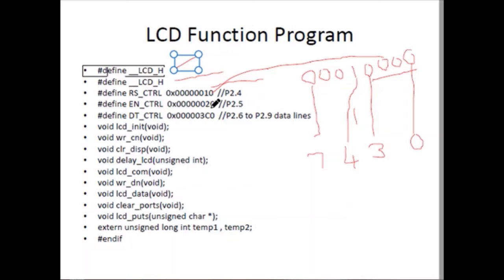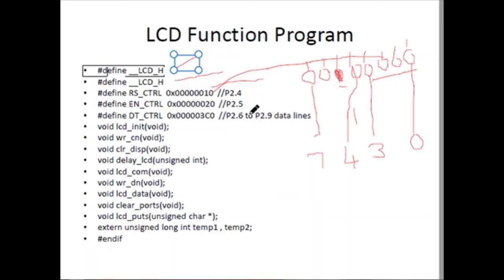So similarly, if you take P2.5, 2.5 means this value has to be, sorry, this is 0, 1, 2, 3, 4, and 5. So this value has to be 1 and this value has to be 0. So if we take this value, it is 2. So consider here the binary weights 8, 4, 2, 1, 8, 4, 2, 1.